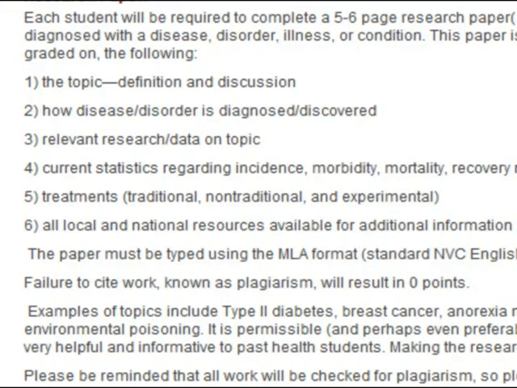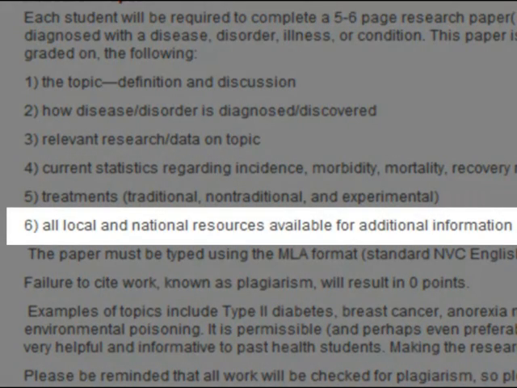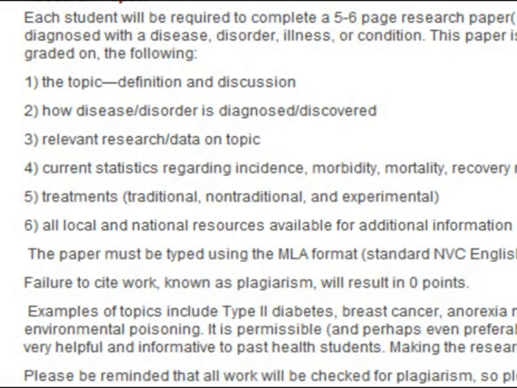You must use the college MLA format, and if you have difficulties with that, just let me know. The area that seems to catch most students is on the local and national resources that are listed. In addition to, it is a research paper, so you will be required to list your sources that you used, internet or regular sources. And I also am asking you to look up national and local resources where you might